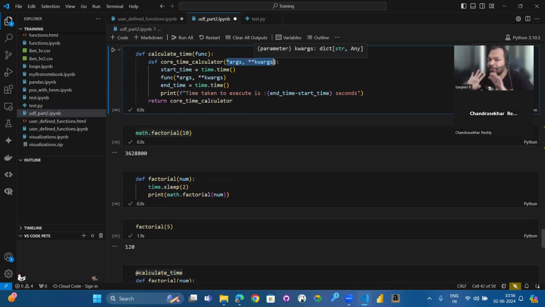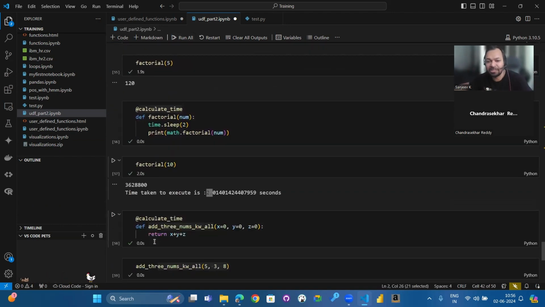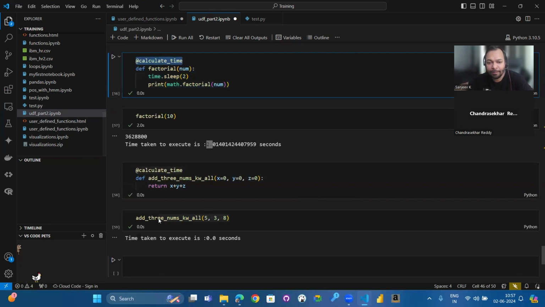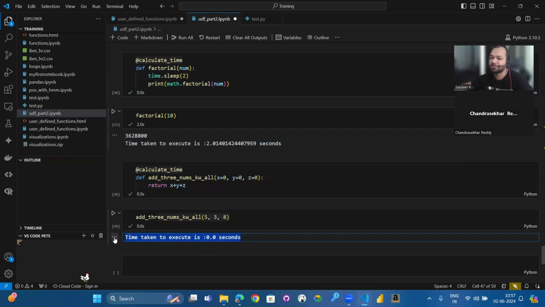On a general note, you would not be using it. But when you have a functionality of writing decorators and you are making use of the decorators to do some common logic, irrespective of whatever the functionality is. So here the functionality is to add numbers, and here the functionality is to calculate the factorial of that number. Both the functionalities are different. Irrespective of whatever my functionality is, I want to apply one generalized term. I want to calculate the time taken for execution. As simple as that. And then I'm going to make use of the decorator and apply the same logic to all the functions. So here it is telling it took 2 seconds, here it is saying it took 0 seconds.